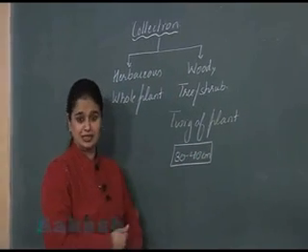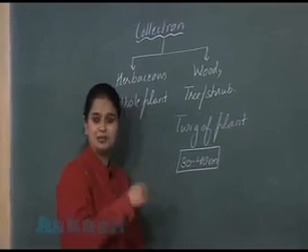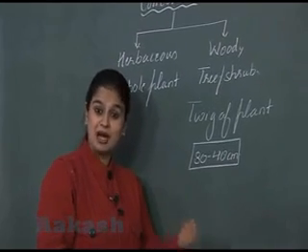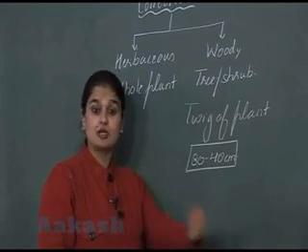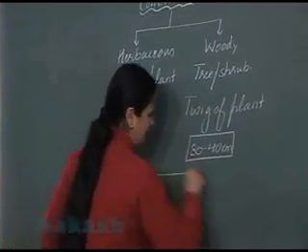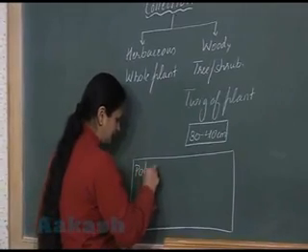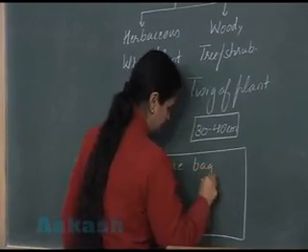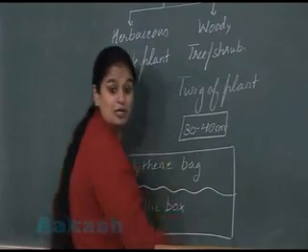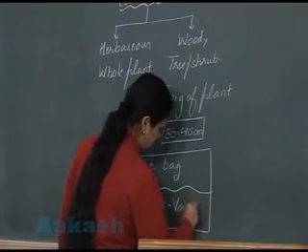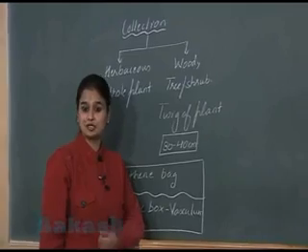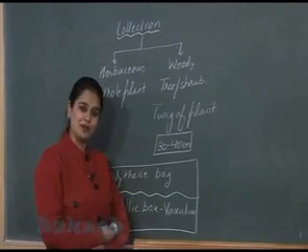We have now collected the plant. Now we have to put this plant inside a polythene bag or a metallic box, which we call vasculum, so that the plant does not deteriorate and to prevent the loss of moisture from the plant. Yes, what is this metallic box known as? This is known as vasculum. Why is all this done? This is done to prevent the deterioration of the plant and to prevent loss of water from it.